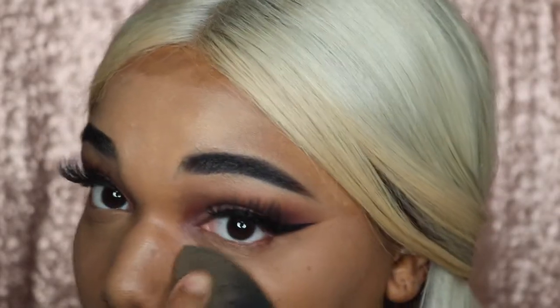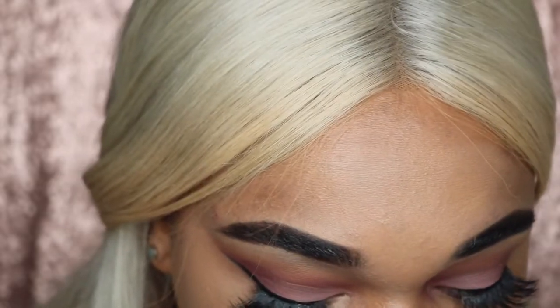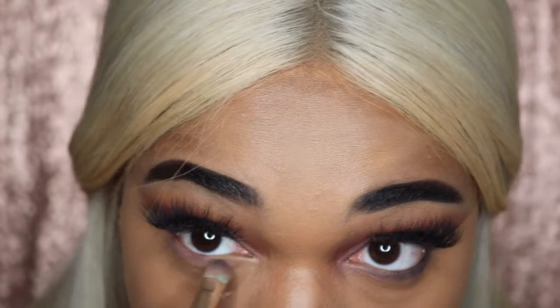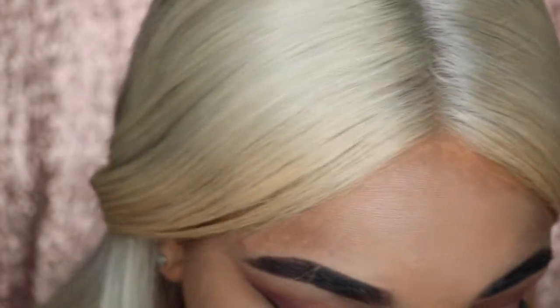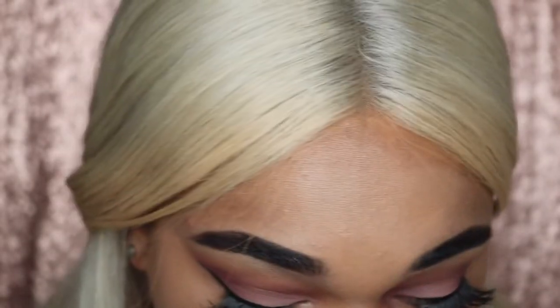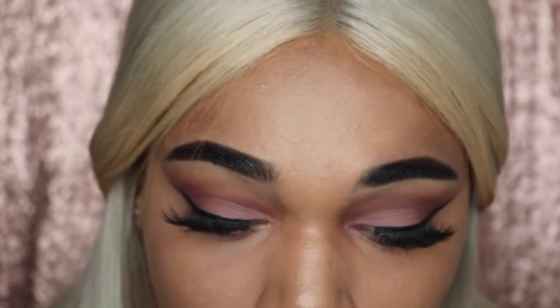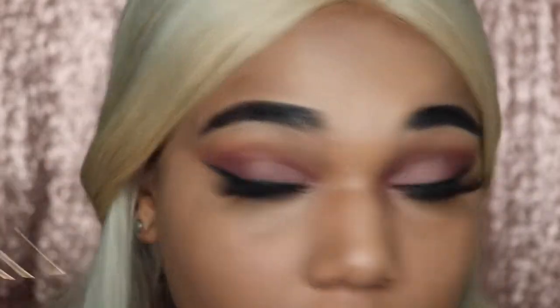to go back in and contour and everything. Yeah, but I wanted to finish my eye look. So I took Lure and Nooner and I brought it down here. Brought it down here. Then I took Obsidian and brought it here. Cleaned off the brush a little because I didn't want too much black, and then like here I'm gonna clean that up, and then so now that my foundation is done,